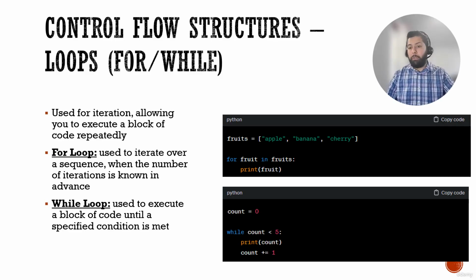So while count is less than 5, you're going to print count. And then you're going to do the assignment operator that we talked about earlier. Count is equal to count plus 1, or just count plus equal 1. So it's going to increase by 1 each time. It's going to increment by 1 each time, right? So count less than 5, the first time it runs, you're going to print 0. And then the second time, it's going to be 0 plus 1, so then it's going to be 1. Is 1 less than 5? Yes. So then it prints 1. And it runs again. So now it'll increment to 2. Is 2 less than 5? And so on, up until it reaches 5. Once it reaches 5, the while loop terminates. Okay, it ends because the condition has been met. Okay, so that's the concept of while